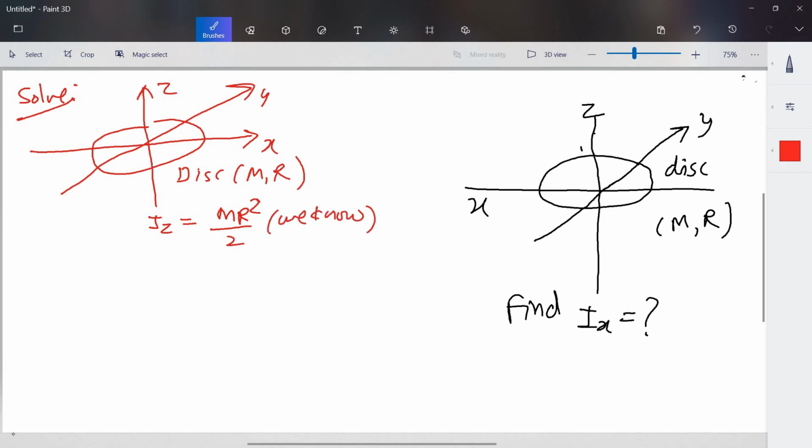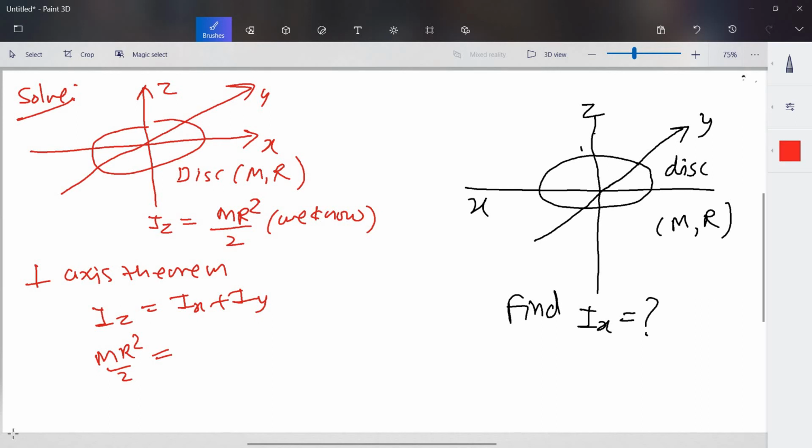Now we know the perpendicular axis theorem. You can write down Iz equals Ix plus Iy. So you know the value of Iz, mr square upon 2, and here you can see